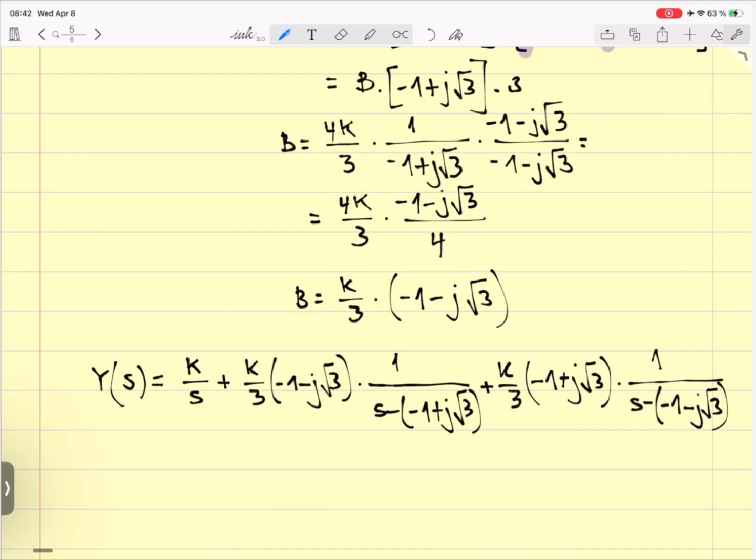Okay, so we do the inverse Laplace transform on this